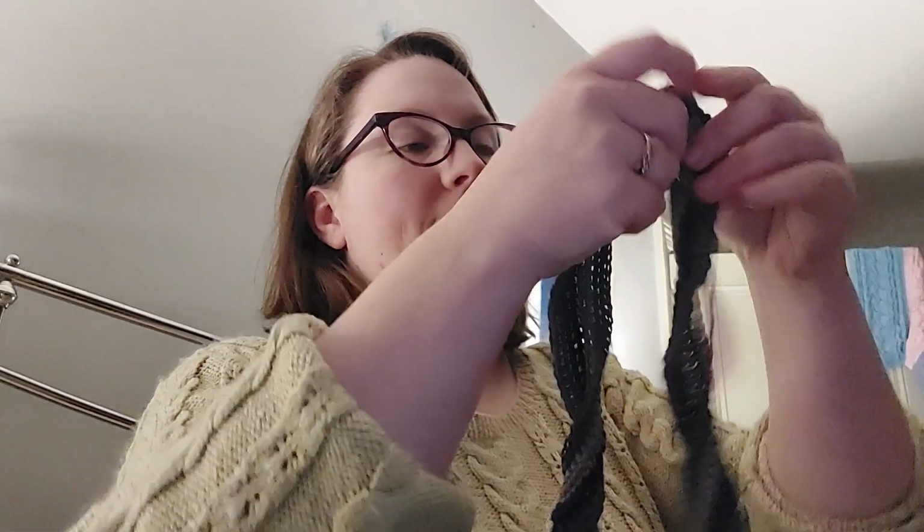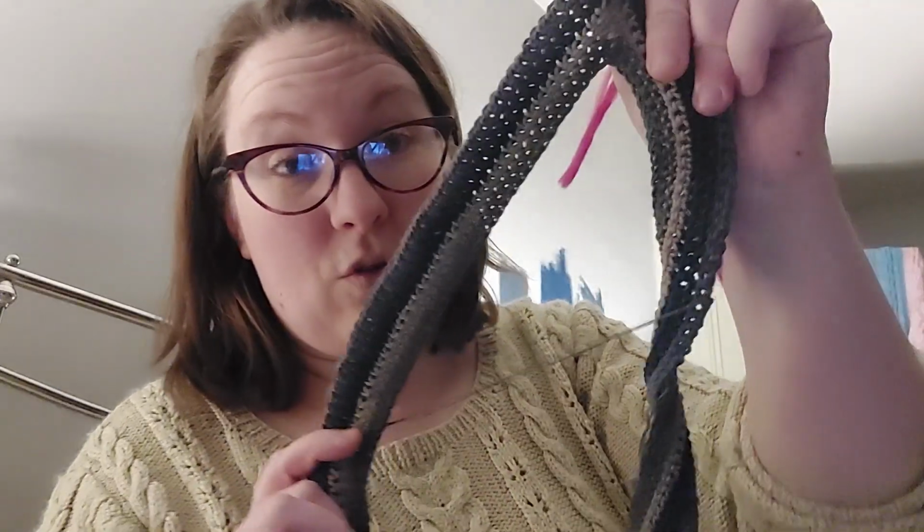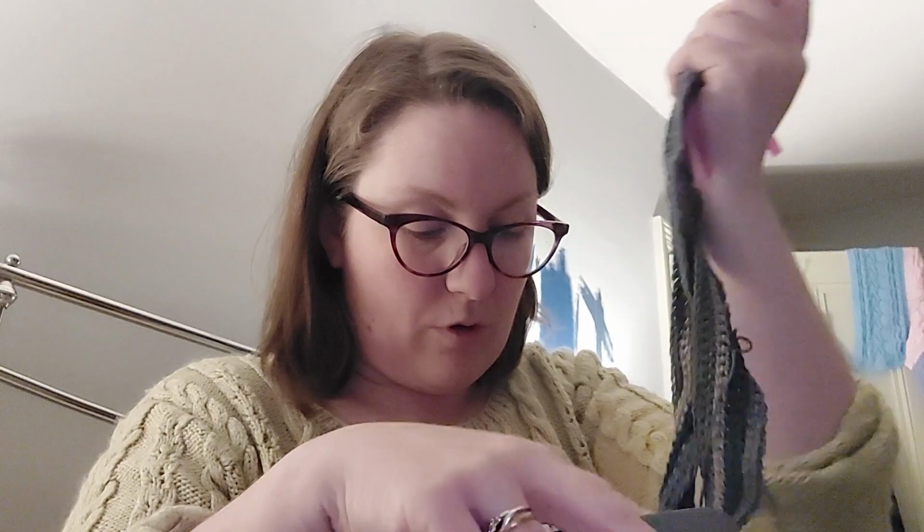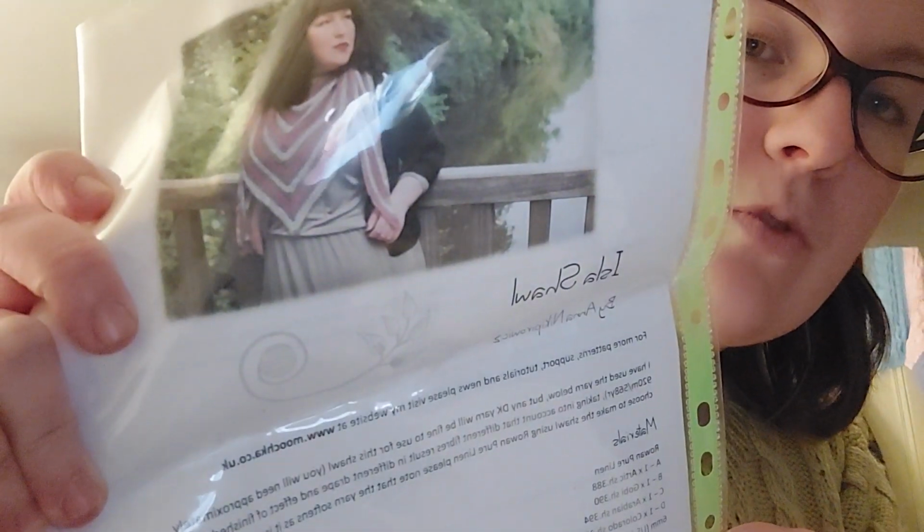Now this one I think is destined for the frog pond. This is a crocheted shawl. It's a beautiful pattern. There's nothing wrong with the pattern. It's by Anna Nikiforovich, but I'm working it in Erica Knight Studio linen, and it was a shop sample. Beautiful shawl, but I'm really not enjoying working with the yarn,